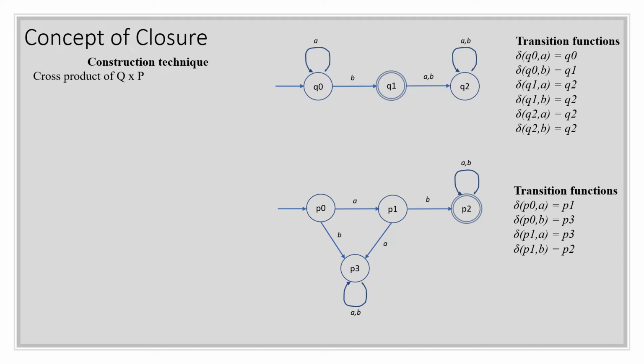P1 with a B, you go to P2. P2 with an A, you stay in P2. P2 with a B, you stay in P2. P3 with an A, you stay in P3, and P3 with a B, you stay in P3. So these are the transition functions